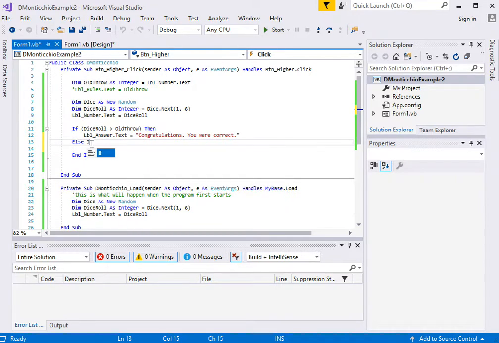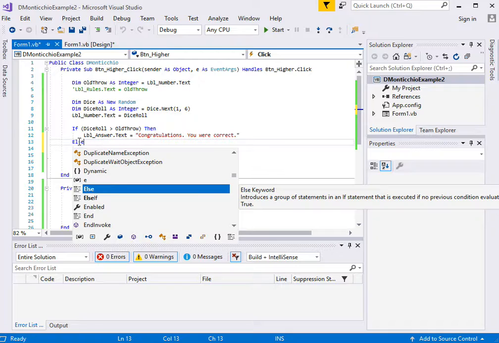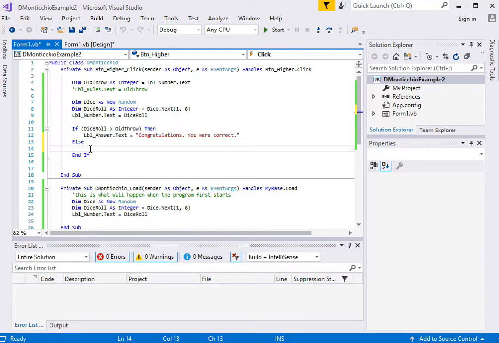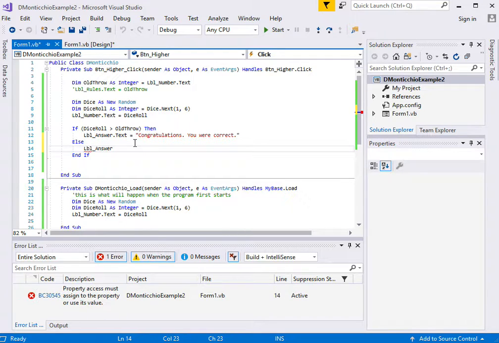If we were to do else if, we would have to define another new result that we're looking for. Sometimes you might want else if. In this case, we're just going to use a simple else, because we have the answer that's correct, and therefore every other answer would be wrong. So else, basically anything other than dice roll being higher than the old throw, I'll put LBL underscore answer dot text will now equal